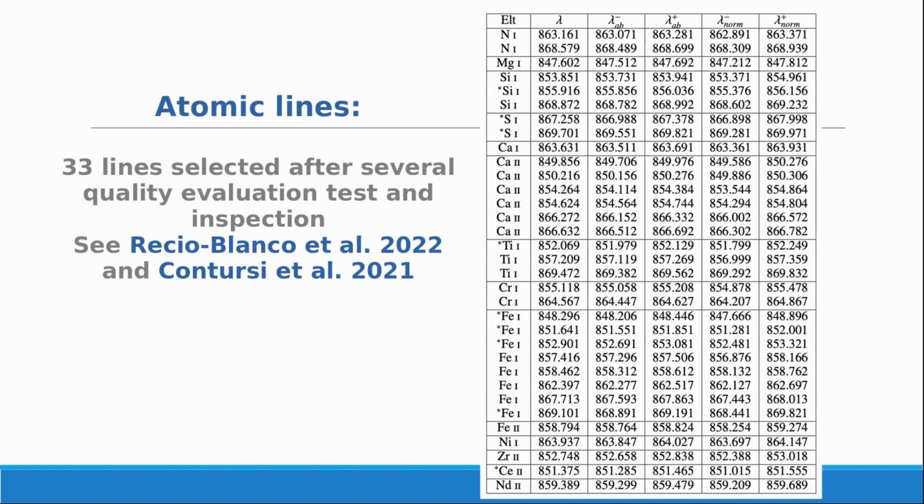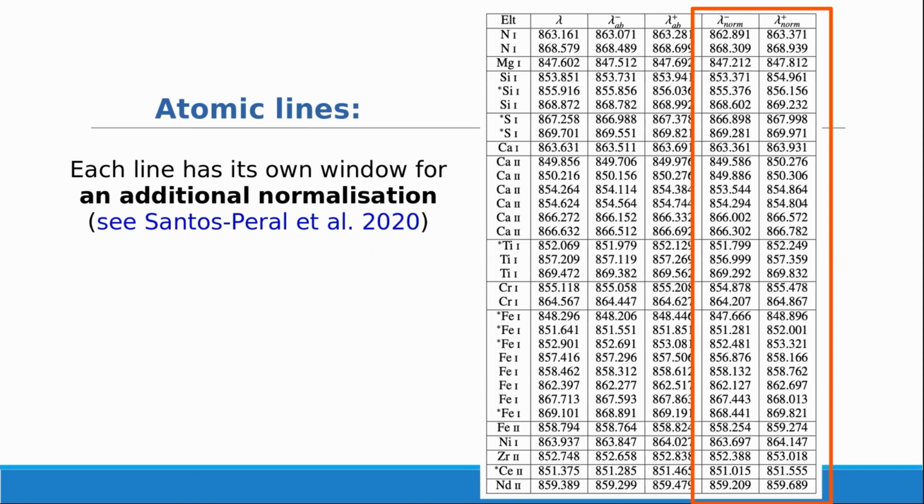After this, there was another extra refinement of the line list based on the quality of the output abundances. I want to emphasize that in our procedure, we consider two normalizations. The first one is performed over the whole spectra, and the second one is individual to each line. Each line has its own normalization window, called the second normalization window, that has been chosen by hand, exploring myriads of combinations. We tested hundreds of possible combinations for this second normalization window for each individual line, and we conclude